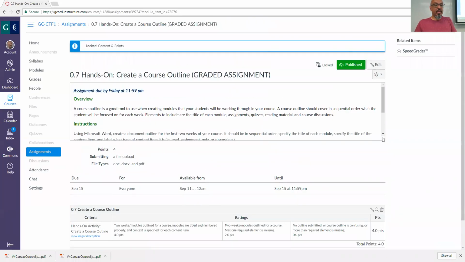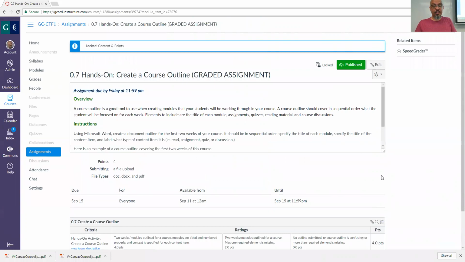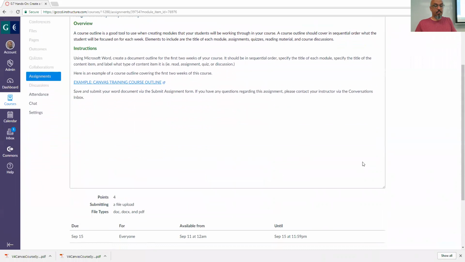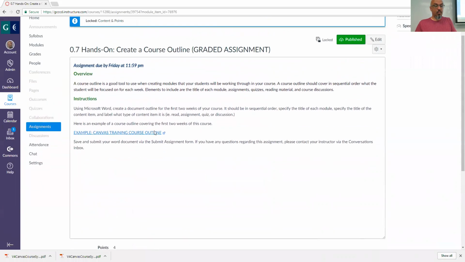All right, this one's important here. We have a 0.7, a create a course outline here. This is one that's going to be important. Why are my things not displaying properly? I'll have to change that. All right, so the assignment here,